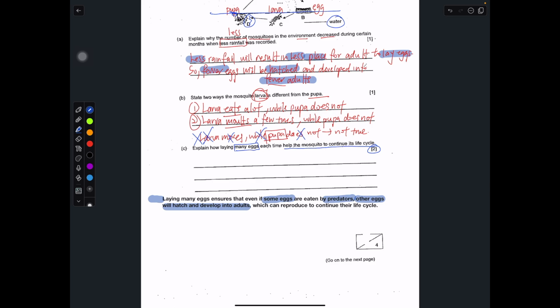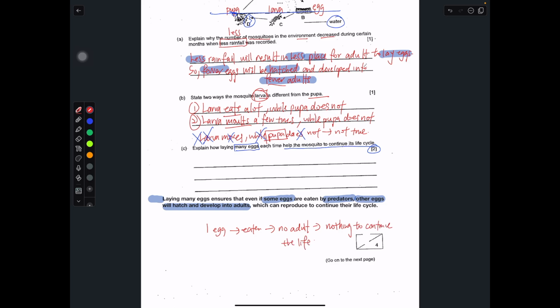So if you lay one egg, and that egg gets eaten, then there will be no adult. There will be nothing to continue